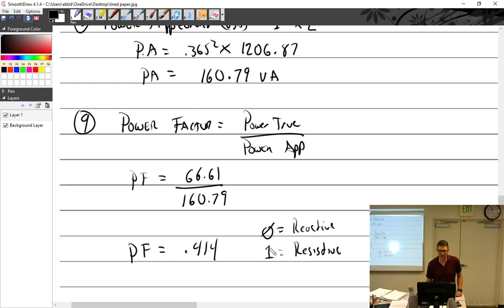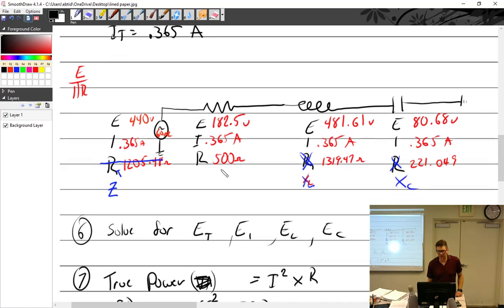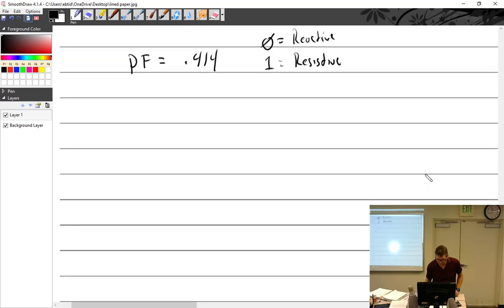Okay. Well, we could analyze that if we look up above and say, well, we had 500 versus 13 versus 221. So I'd say that's getting a little bit over towards the reactive side. All right. Now is PF measured in anything, or is it just a ratio? It's just 0.414. Now we need, and I think this is the last thing,